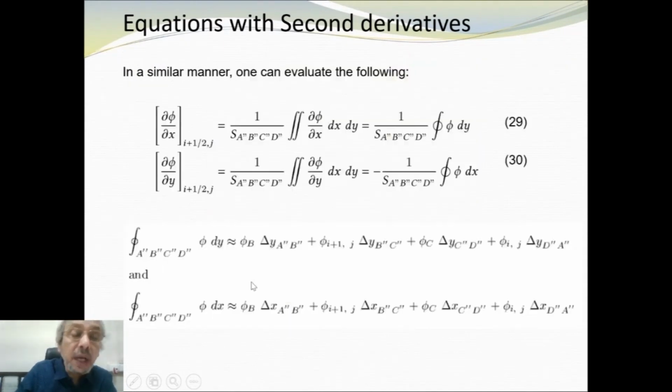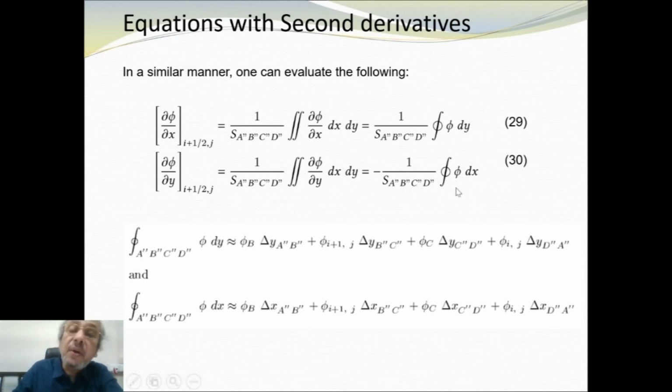And if we do that, phi dx is phi b into delta x a double prime b double prime, phi I plus 1j delta x b double prime c double prime, phi c into delta x c double prime d double prime, phi ij delta x d double prime a double prime. So these are the integrals, and divided by